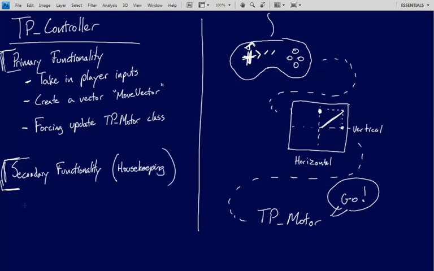So what's the first secondary functionality? Well, it needs to keep a couple of references to keep the communication flowing. And the very first reference that it needs to keep track of is the character controller. It needs a reference to that character controller component that we created on our character back a couple of videos